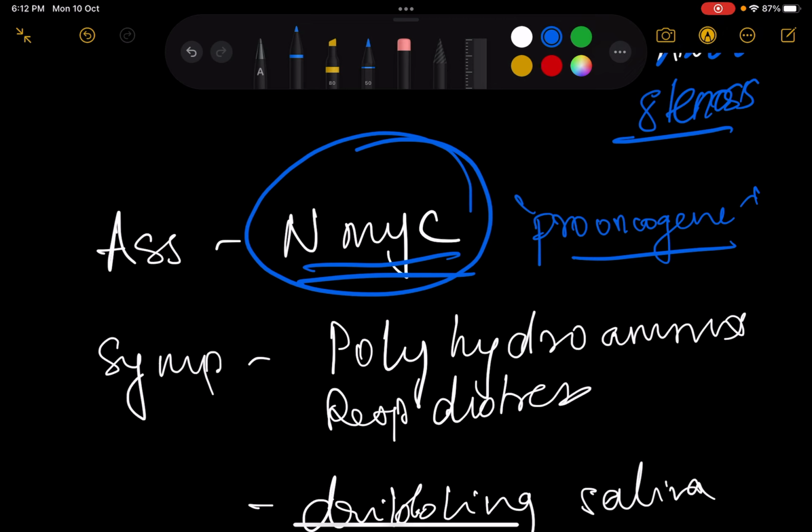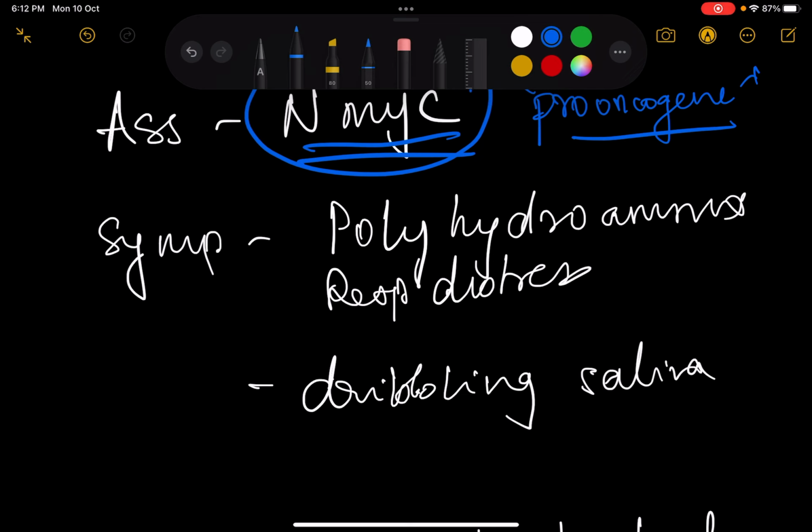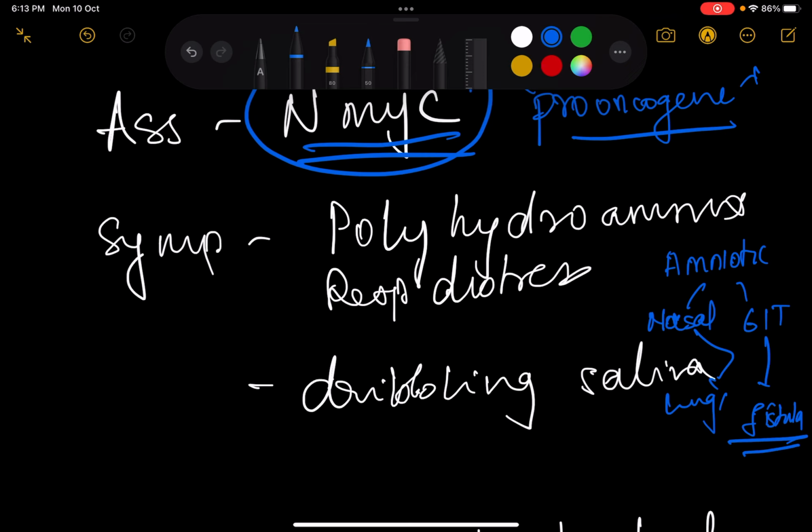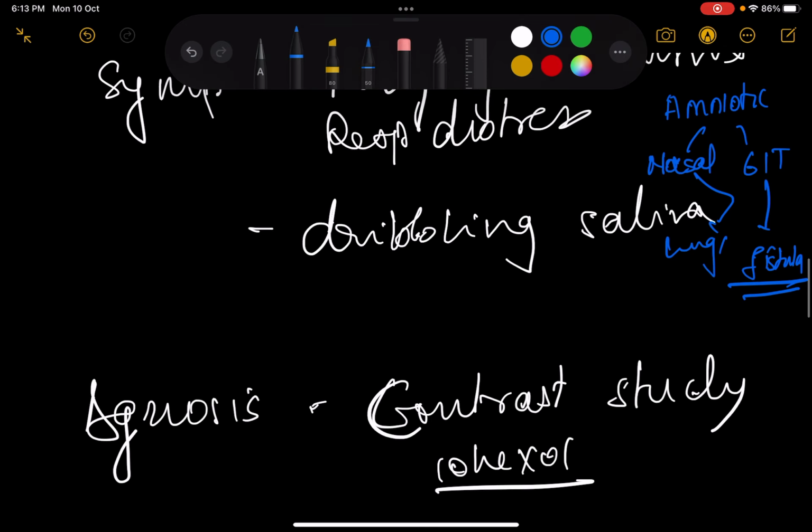What are the symptoms? The symptoms are simple. In the fetus, the fetus is going to drink the amniotic fluid. It has to enter the fetus via two routes: one is the nasal and then the lungs, or through the GIT. Now the GIT has a fistula, correct? So the amniotic fluid cannot enter through it. But it can definitely enter through the lungs, and from the lungs it's absorbed into the blood,